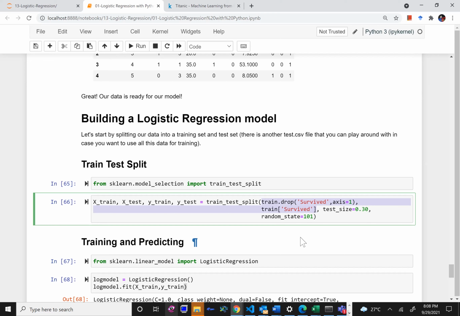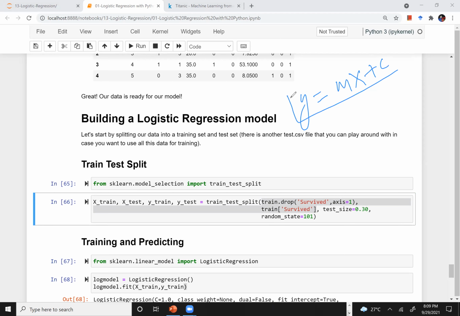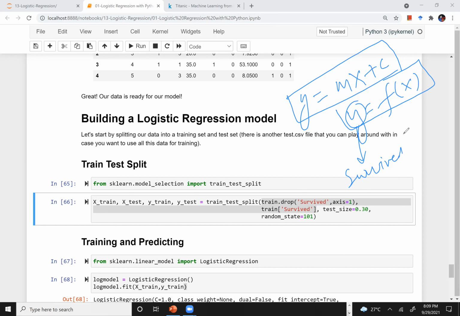Remember, what we used to do is y equals m times x plus c, right? So my ultimate goal is to figure out my y as some function of x. Here my y is whether they survived or not, and x is all the other parameters.